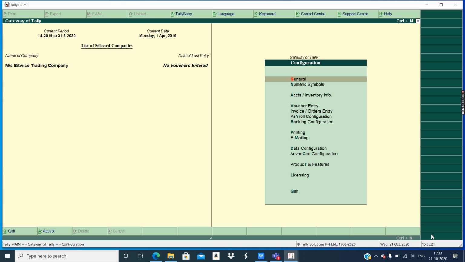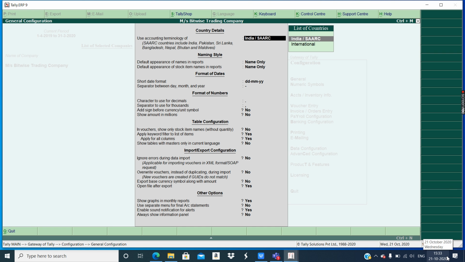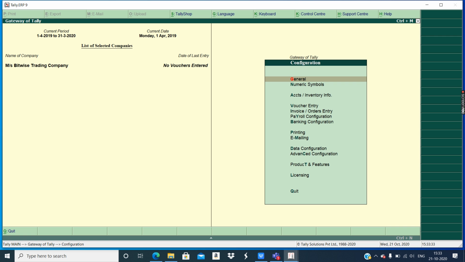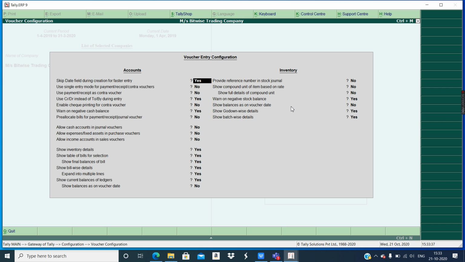Okay. And let's go in general. No, not in general. Voucher entry. Let's go in voucher entry. So press V. Okay. Yes, yes, yes. I was talking about this voucher entry.